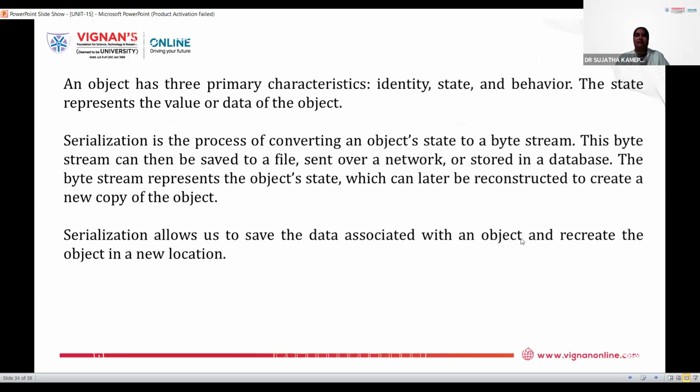Now here, our object primarily has three characteristics: identity, state, and behavior. The state represents the value or data of the object. It always represents the value or data which is present in the object. Now, what is the serialization process? Serialization is the process of converting an object's state into a byte stream. Whatever the object's data that I have, the state is nothing but the value or data of the object. Whatever the values or data of the object, they can be converted into a byte stream